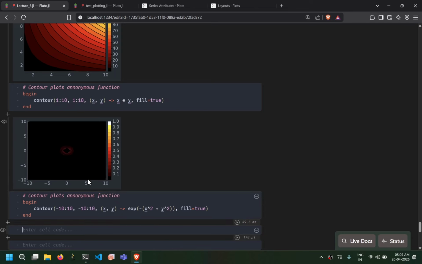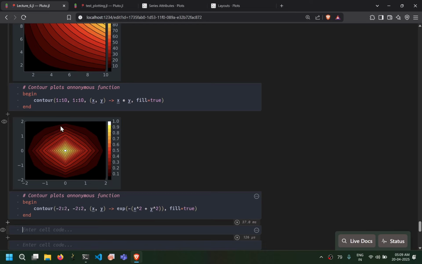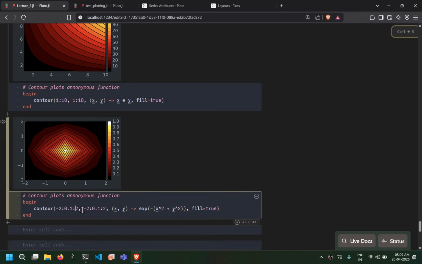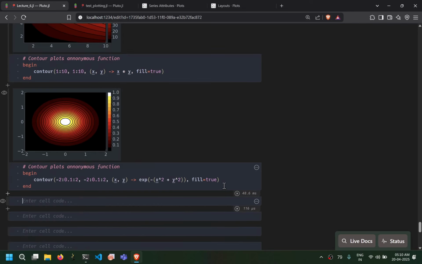So you will see that this is how the plot will look like. So we can reduce the range, and you will see that this is our function. So what you can do more is smooth it, and now you see that this looks like a nice Gaussian where the intensity here is maximum and it falls off nicely. Okay, so that's contour function,